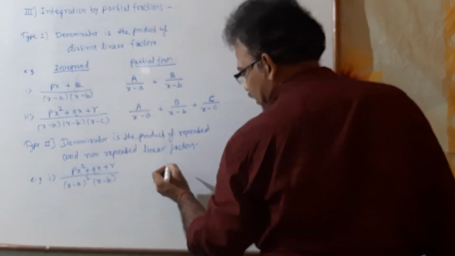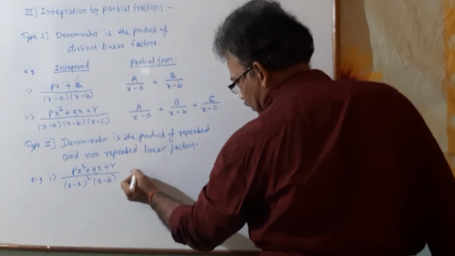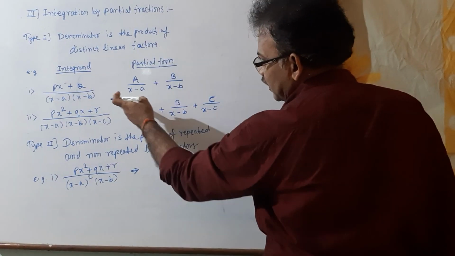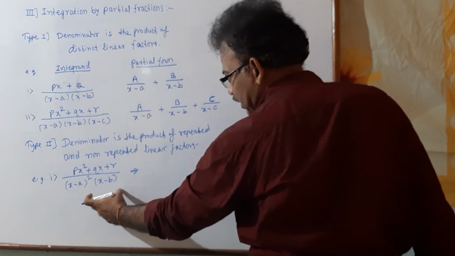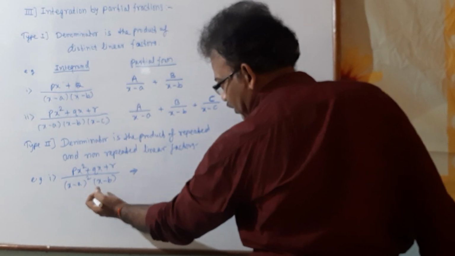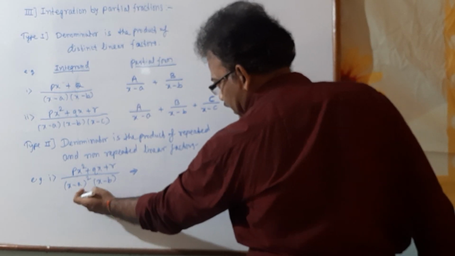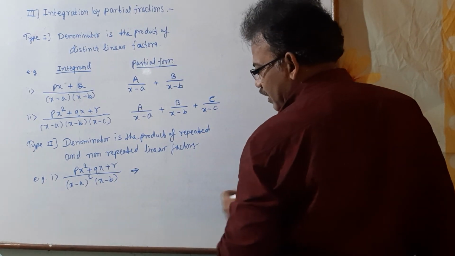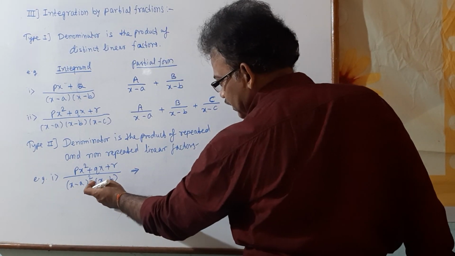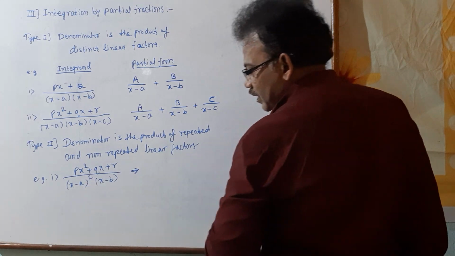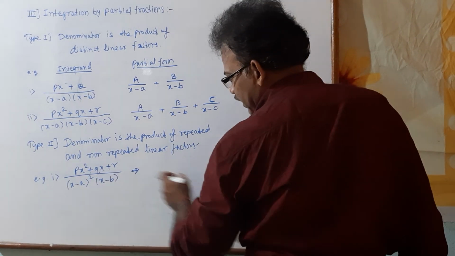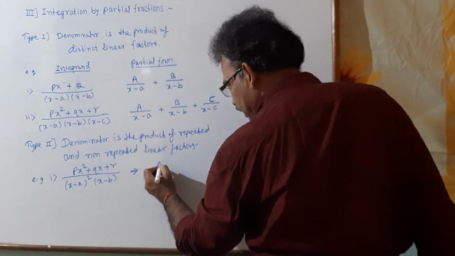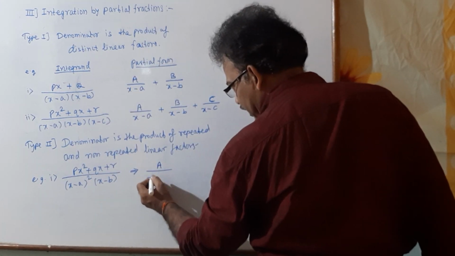And for this, see here what the partial form is. Here the denominator is a product of a linear and a repeated linear factor. Here x minus a is repeated, x minus b is non-repeated. So for the repeated factor x minus a, the index is 2, so take 2 constants. If the index is 3, take 3 constants. So here index 2 means we take 2 constants and we write the partial form as A divided by x minus